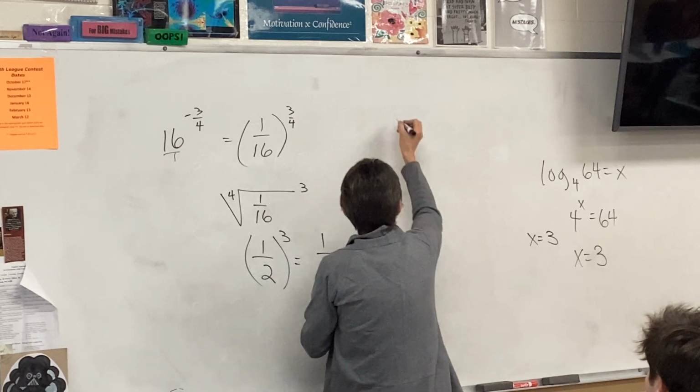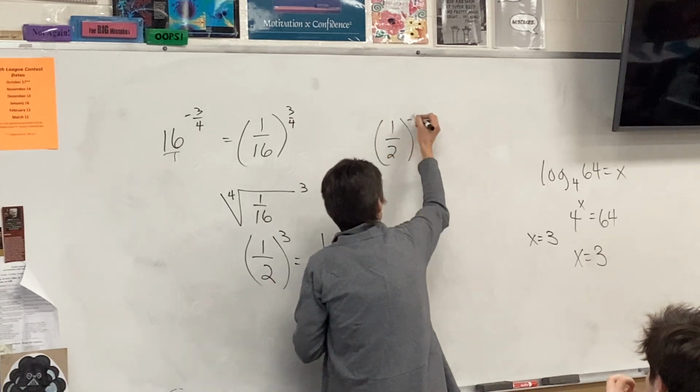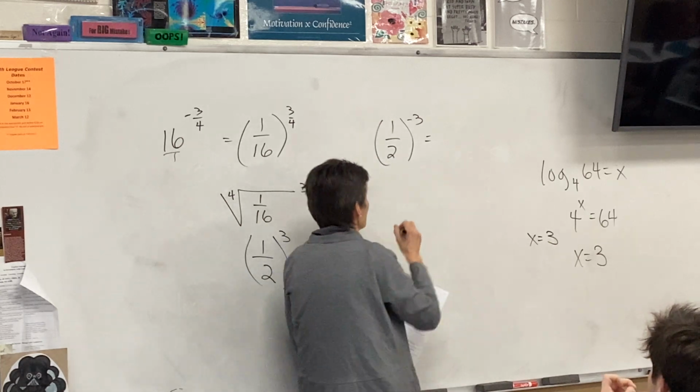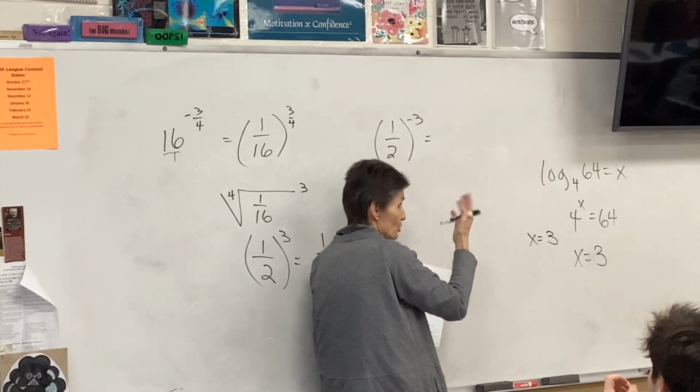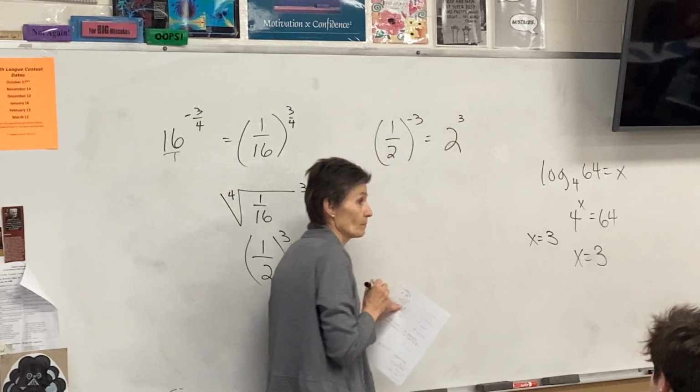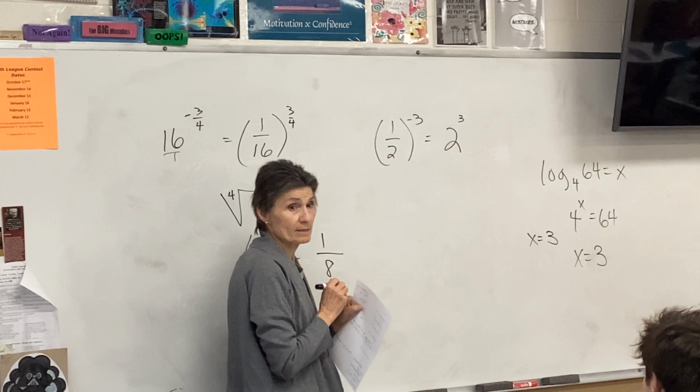All right, what about this one? What do I do first? Flip it and make it 2 over 1, or just 2 to the 3rd. So the answer is